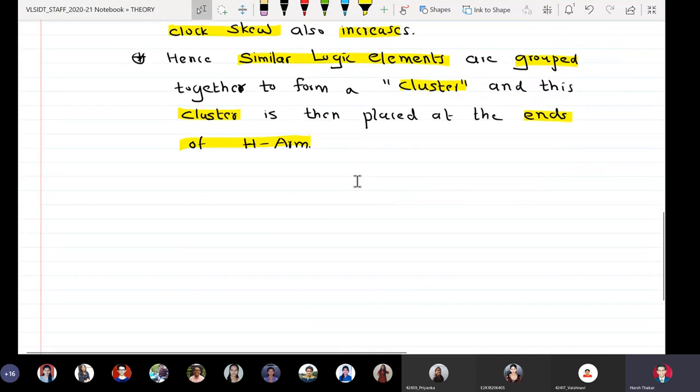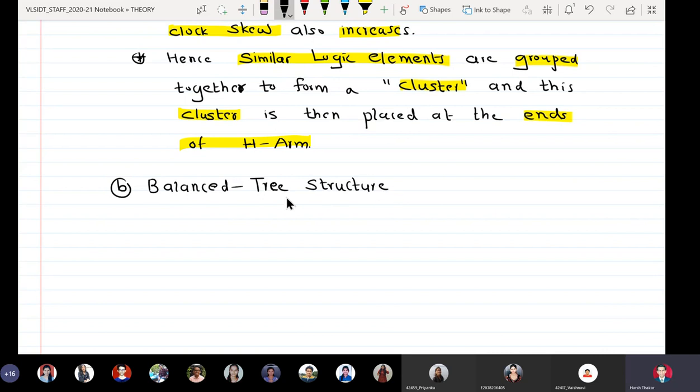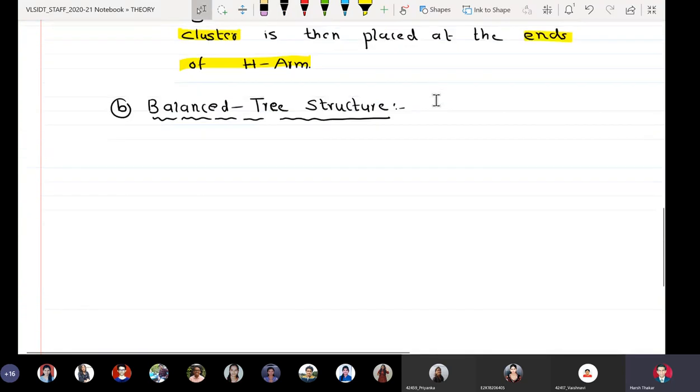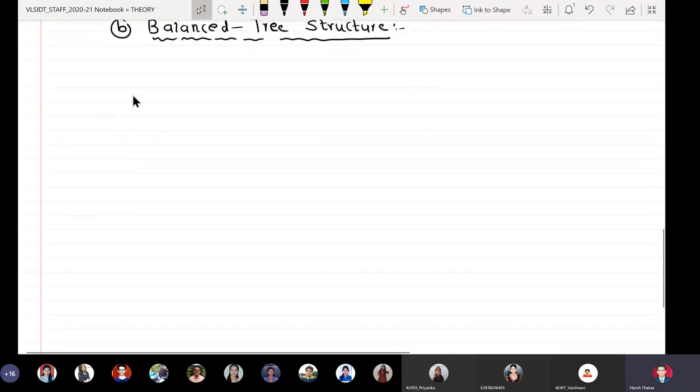Now we come to the second approach. Balanced tree structures. So the structure looks something like this.